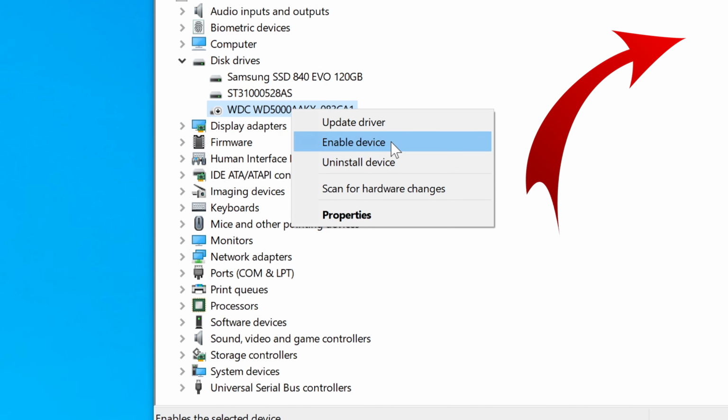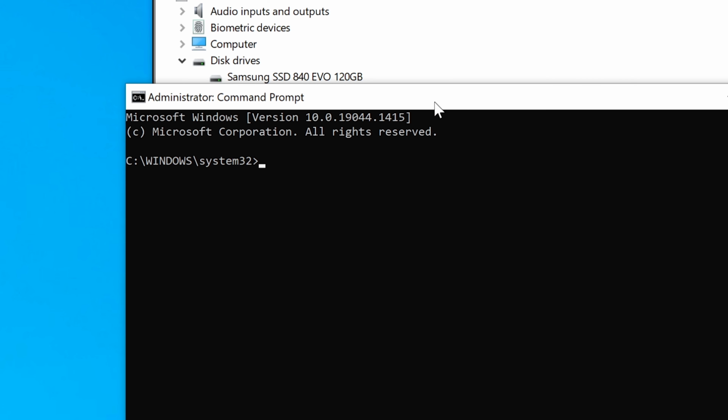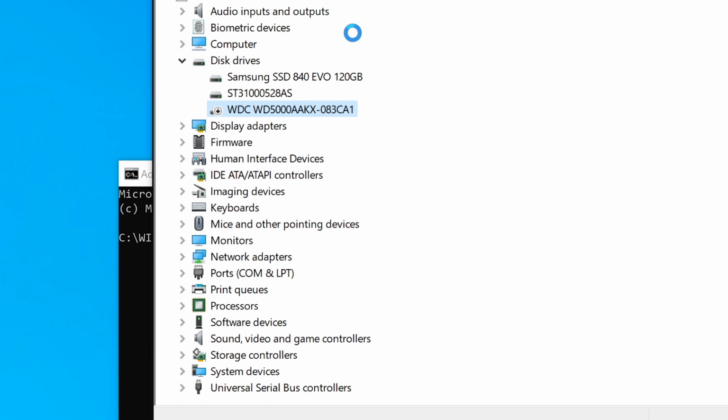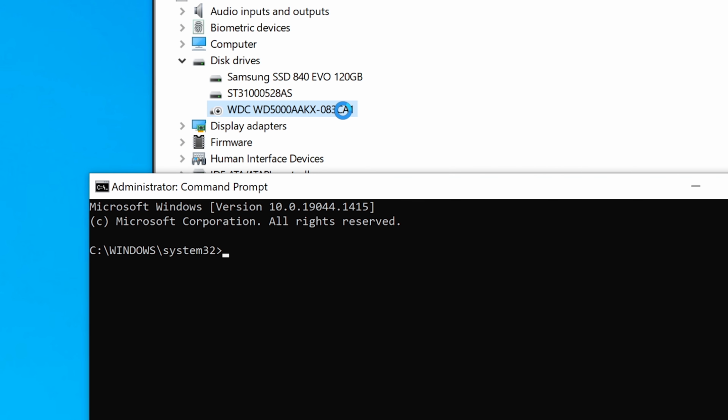So I'm going to enable it, and hopefully it doesn't crash my computer because it was slowing it down really bad. But I have to enable it because we have to do a check disk on it. And it's enabling it. And you see how my computer is not responding right now? Hopefully it doesn't crash my computer. It's a really good example of a, and I think I got to a point on that video where I